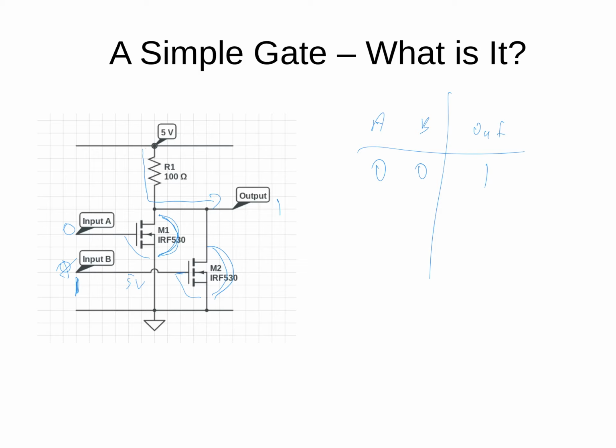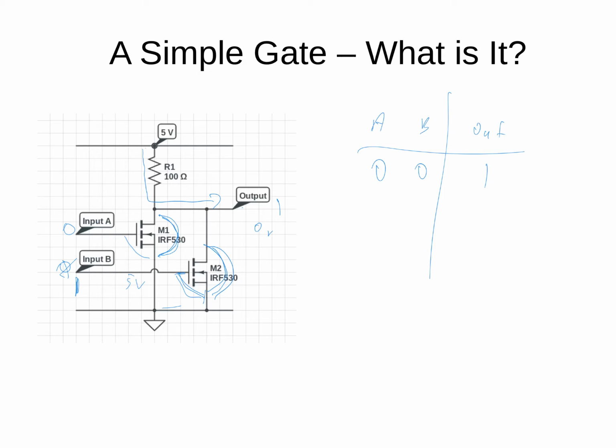That means the voltage drop from gate to source is going to be 5 volts. That means that this FET opens right up. The resistance between the source and the drain is very small, and therefore that pulls the output down to close